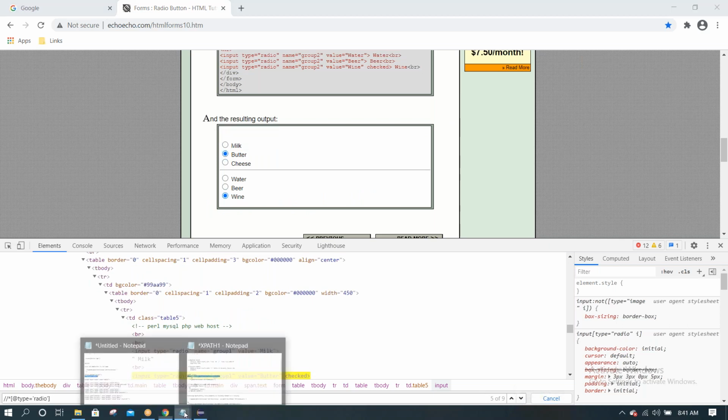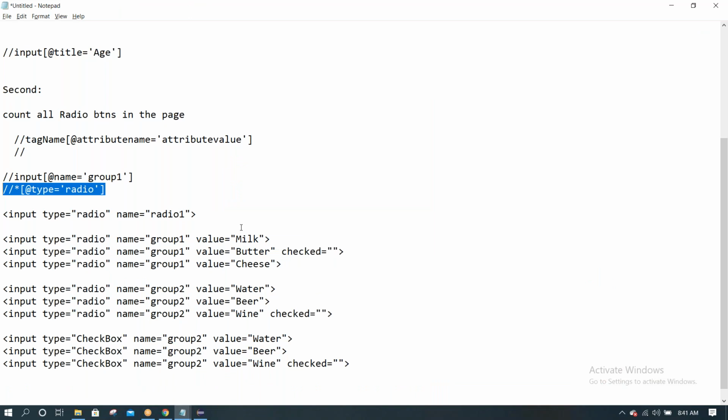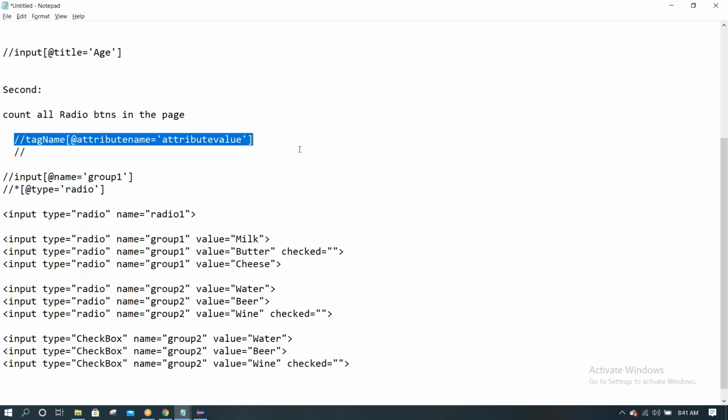So identifying which property or which attribute we need to take to complete our scenario. XPath is used, this is the syntax. How you want to use it is in your hands.